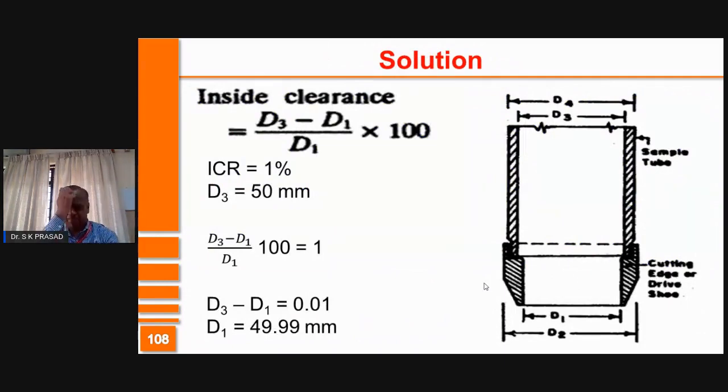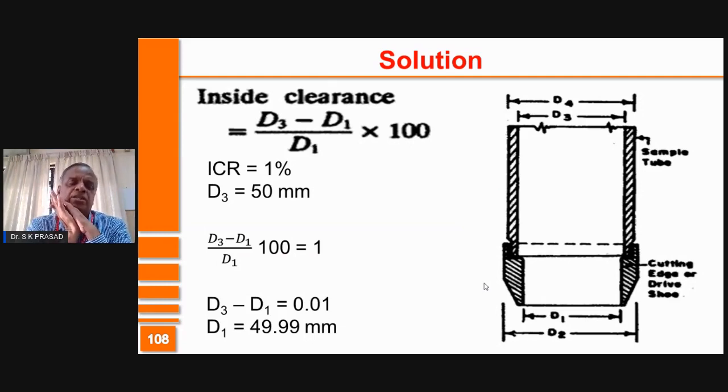So, keeping that in mind, you know that D3, the diameter of the sampling tube, is 50 millimeters. Inside clearance ratio is 1%. Therefore,